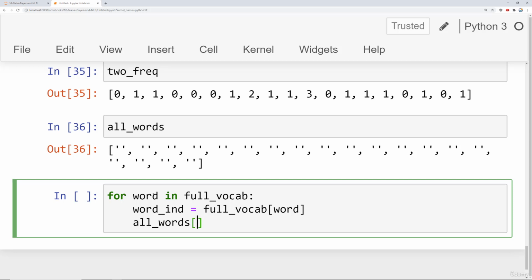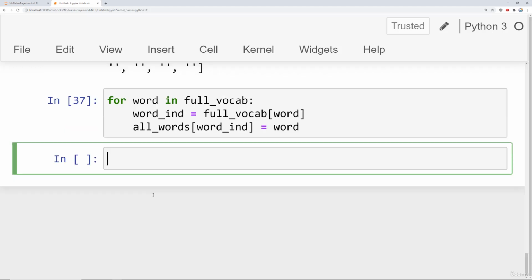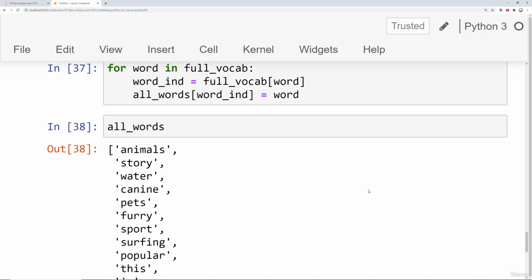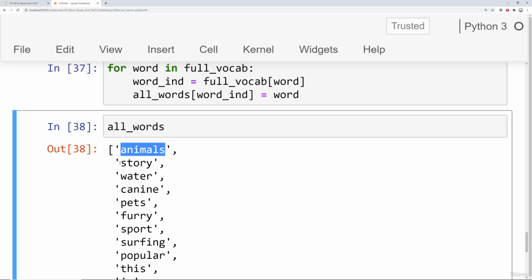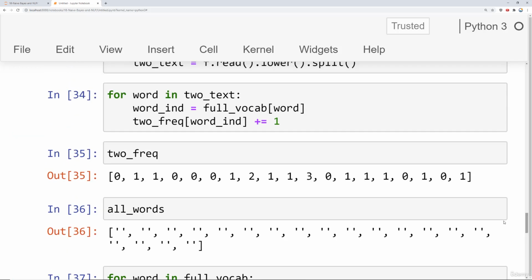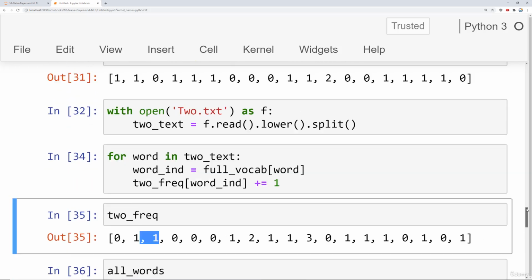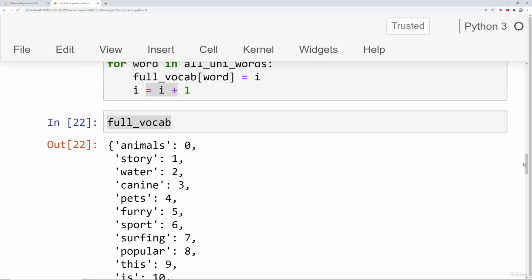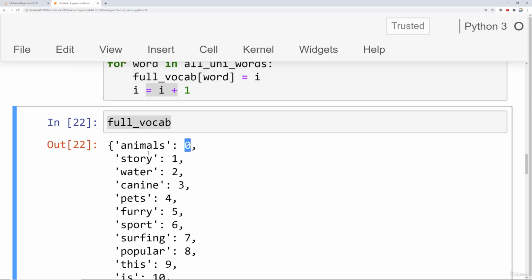But in this case, instead of adding a count, I'm simply going to add in that particular word. So now when I check all words, it's essentially the list version of that particular dictionary. Notice the very first item is animals, and the second item is story. So animals at index 0, story at index 1, which matches up with the indices shown here, because if you go back to the full vocab dictionary up here, notice again, animals index 0, story index 1,